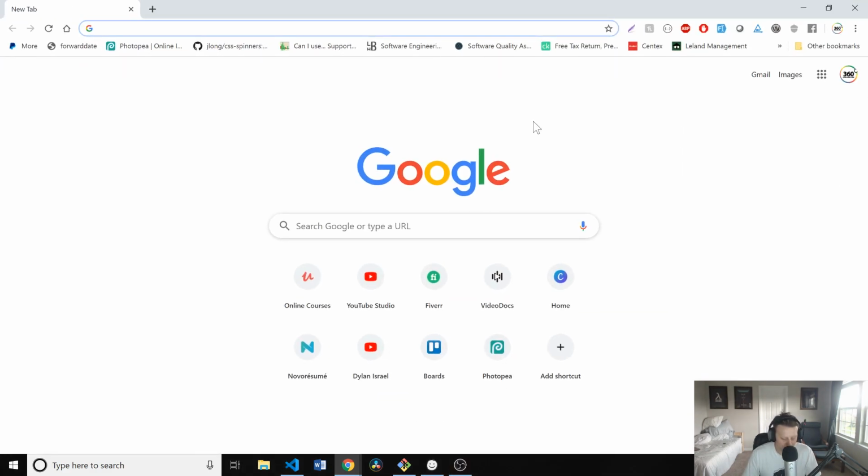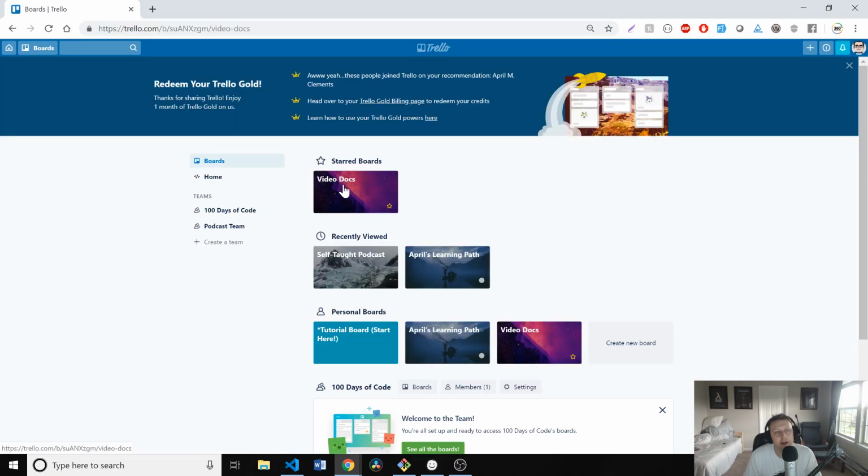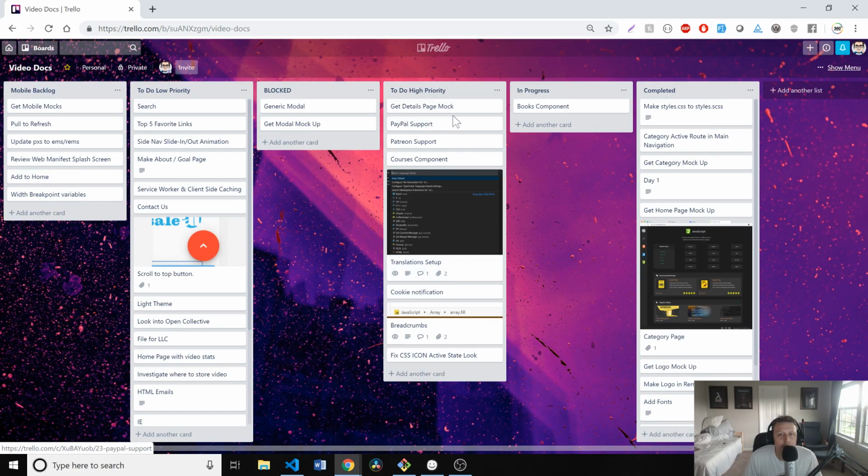But before we get going, let's, as always, jump to our Trello board so we can see where we're at and what we're doing. So last time you saw we're in progress for the books component, which is good. Now we're going to go ahead and write a little pipe. Maybe is it gonna be a pipe? Do I want it to be a pipe? But yeah, then we'll